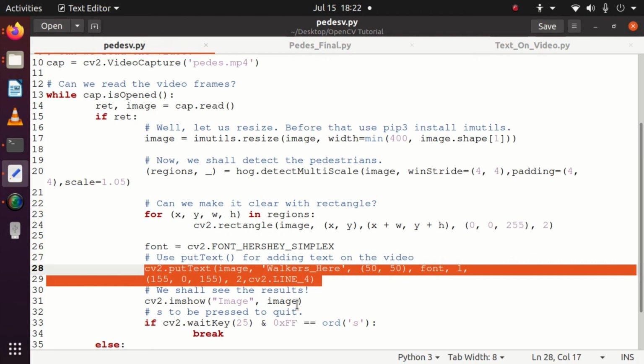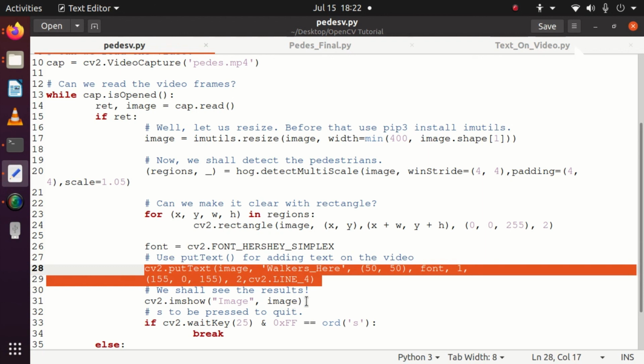Walkers here is the text that I want to specify. Where exactly you want the text, the coordinates, the font size and thickness, and the color of the font are all specified clearly here. The color of the font is specified in BGR. You can see 155 for B, 0 for G and 155 for R. You can vary those values to get different color combinations as well.